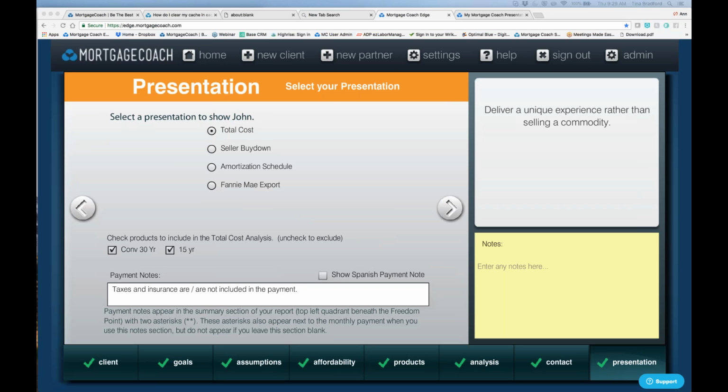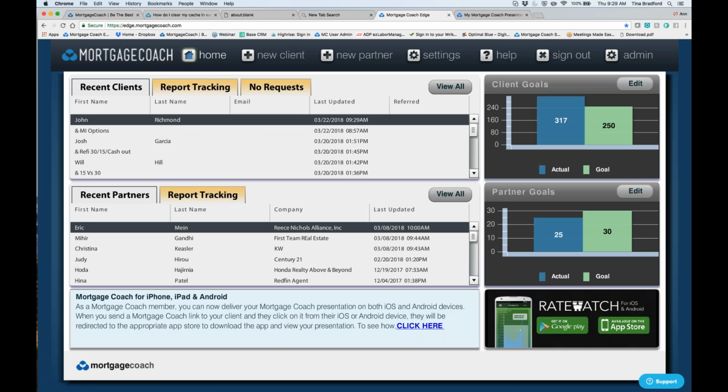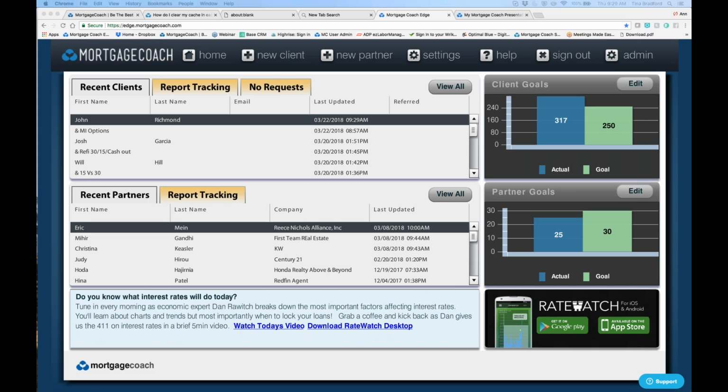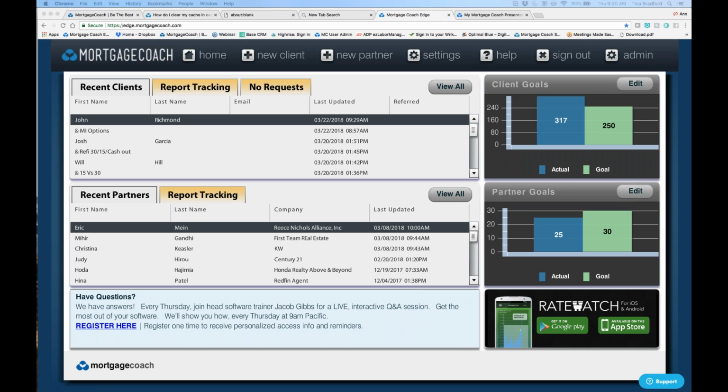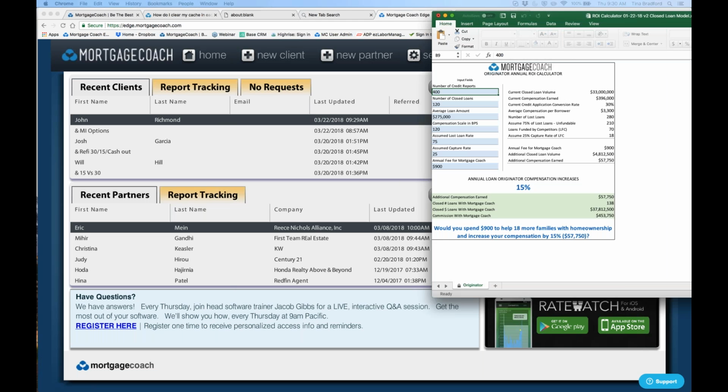And absolutely, let's talk about rate shopping. Rate shopping is a huge issue. So again, number one is to show the client the presentation from the very beginning. We've done a lot of research here at Mortgage Coach about clients, and I'm going to bring up what's called an ROI calculator, to show you guys a little bit about how it's affecting the actual loan officer, but not only how it's affecting, but we'll go into the why. So this is our ROI calculator. You may or may not have seen this before.